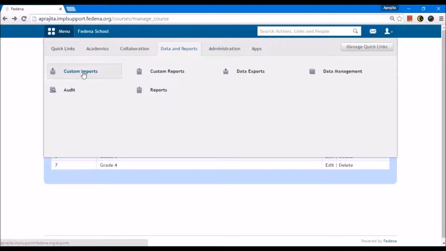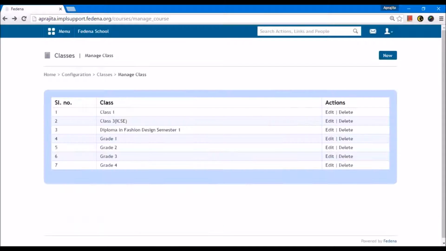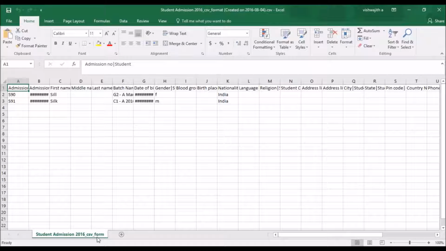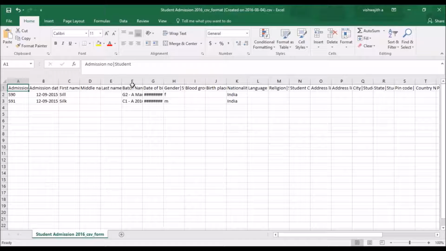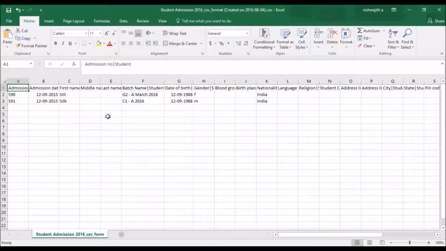The third way is one by one using the form method, the admission form, which you can get from students' student admission. In this video, I'm going to show you the custom import way. Also, I will be showing you briefly. In case you want to see that in detail, again, we have a video by the name Custom Import for Student Admission. Please have a look at it.